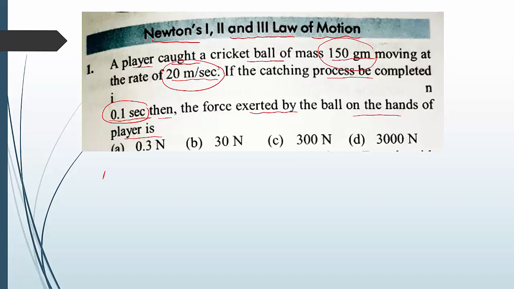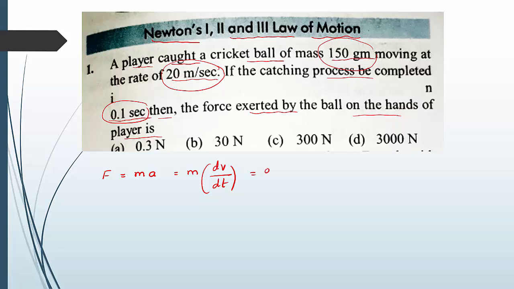So directly I am going to use a force formula F equal to ma. Here a is not given. So mass is given, keep as it is. In place of acceleration, we can write rate of change of velocity dv by dt, that gives acceleration. Now directly you can substitute the value. Mass is given, that is 150 gram. So we have to convert in terms of SI unit. 150 gram means